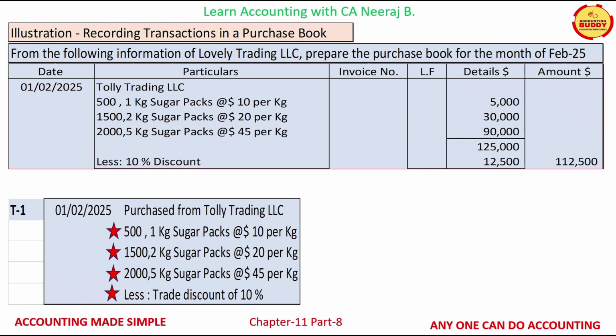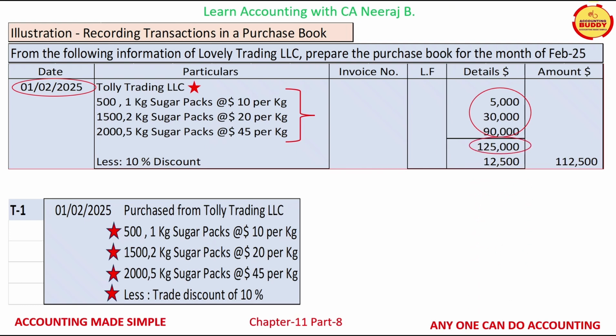In the date column, date on which the transaction occurred, that is 1st of February 25, will be written. In the particulars column, the name of the supplier along with the details of the goods purchased will be mentioned. The details include quantity purchased, pack size and the rate of each item along with the unit of measurement. The gross value of each item purchased will be mentioned in the details column. The total value of the goods purchased is also mentioned in the details column, which in this illustration comes to